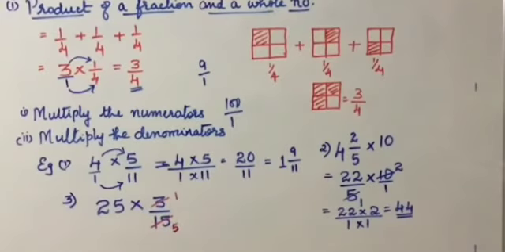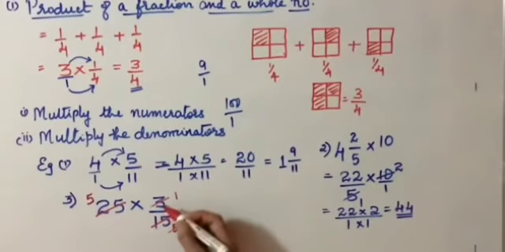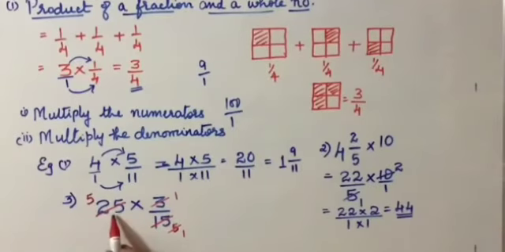It's like a game. You will enjoy cancellation. Okay. Then, again you see, you can still cancel 5 and 25. Is it not? So, now you cancel 5 1s, 5 5s. What did we do? We cancelled first 3 and 15 because they have a common factor, that is 3. So 3 1s 3, 3 5s 15. Still there is 25 which can be cancelled with 5, is it not? So I have written 5 1s, 5 5s.